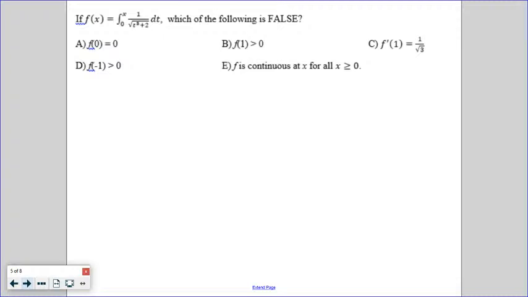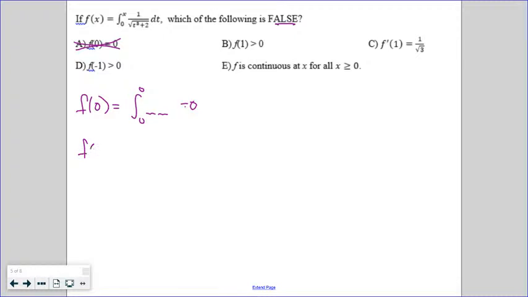If I don't have a calculator, it's a little bit tough to do things, but let's look at this first one. f of 0 means we're plugging in 0 for x, well, that would be the top of that integral, and anything going from 0 to 0, doesn't matter what follows, is going to equal 0. So we're looking for what's false. This is not false. That is a true statement. Okay. And the next one,